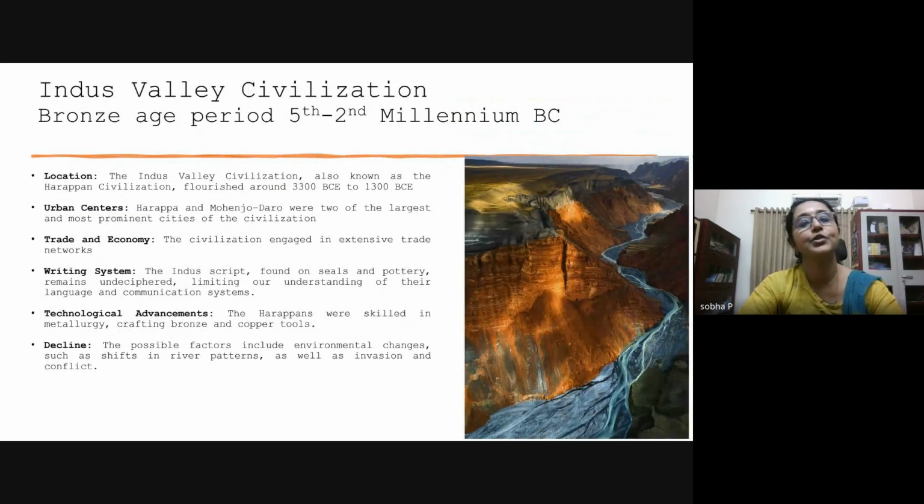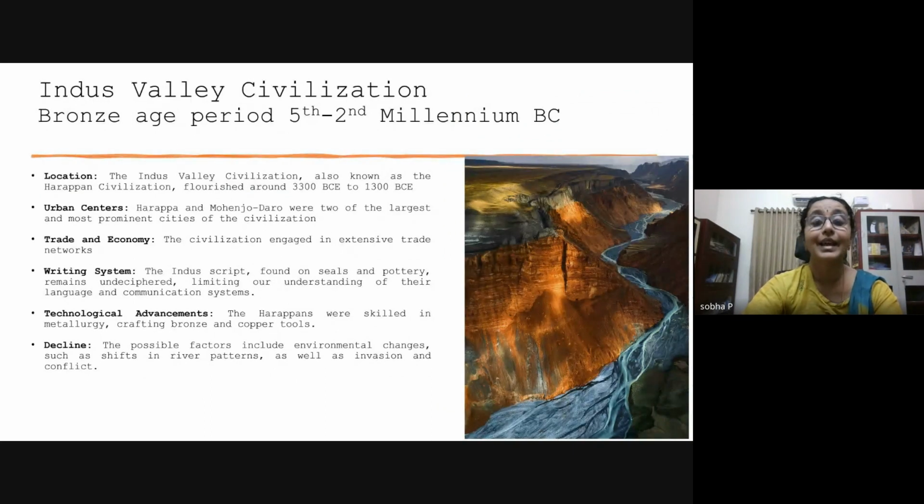Then the shift to the Indus Valley civilization. That is the Bronze Age period. The Harappan civilization flourished around 3300 BCE to 1300 BCE. Harappa and Mohenjo-daro are the most prominent cities of the civilization. On trade and economy, the civilization engaged in extensive trade networks. Then the writing system, the Indus script, which